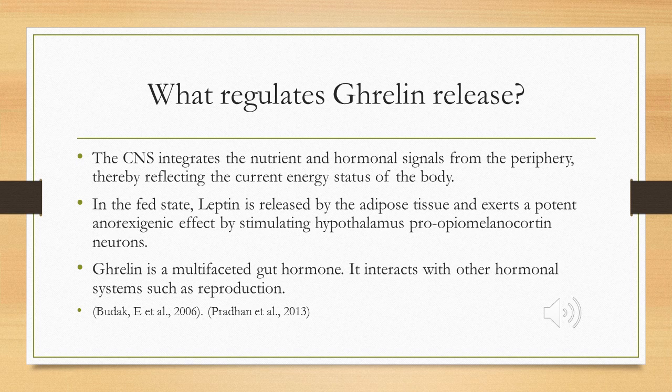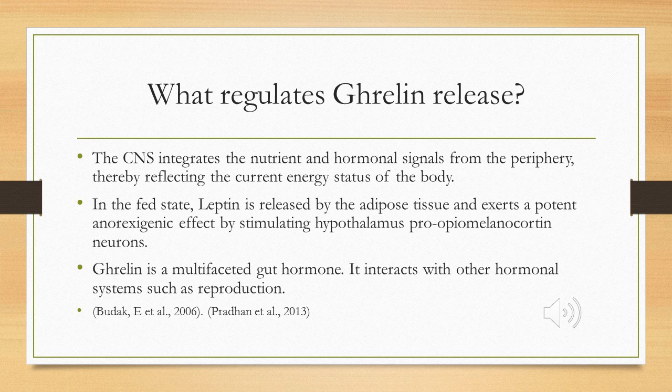The central nervous system integrates the nutrient and hormonal signals from the periphery, thereby reflecting the current energy status of the body. This information is transformed into appropriate neural responses that adapt energy homeostasis to the current requirements of the body. In the fed state, leptin is released by the adipose tissue and exerts a potent anorexigenic effect by stimulating hypothalamus